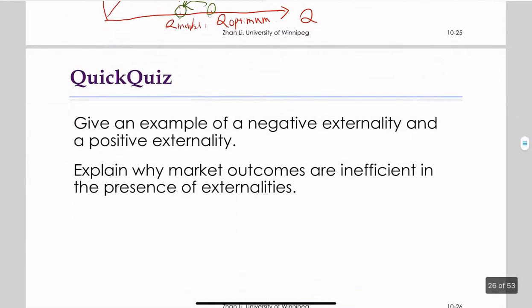Give an example of a negative externality and a positive externality, and explain why the market outcomes are inefficient in the presence of externalities. I mean, you could pretty much use the same example from this lecture note, right? You could talk about the pollution case as the example of negative externality, and what's the other case? Oh, the education case as the example of positive externality. Of course, you could also think about what kind of other examples you can get from your life, which would